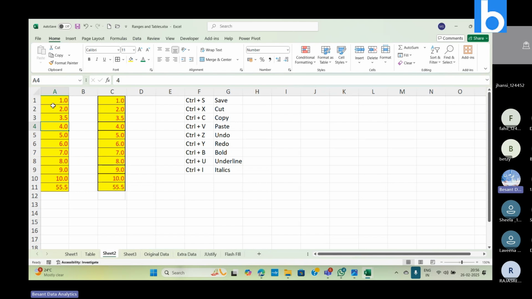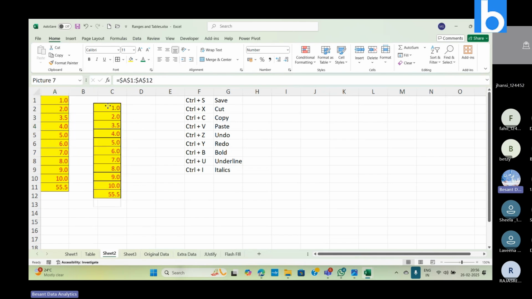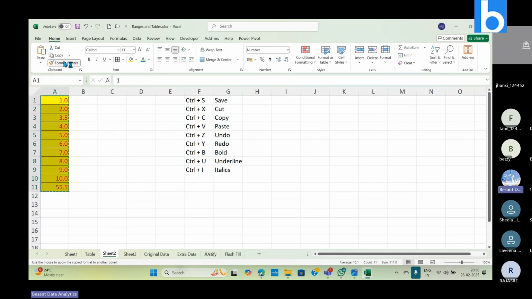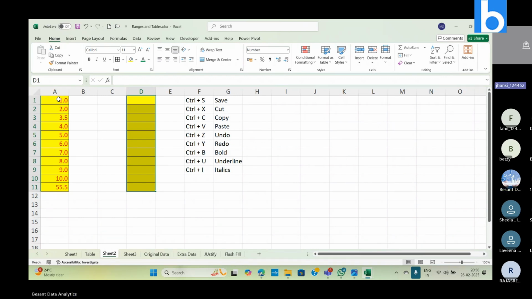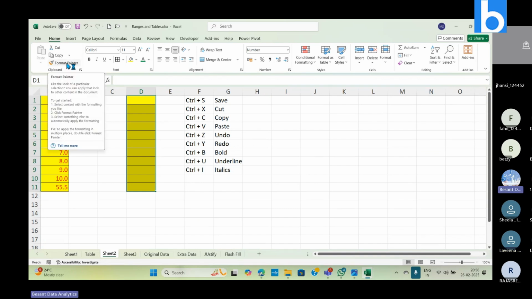Okay. Now, this format painter. Suppose I just, okay, leave this, I'll delete it. If I just copy this here, and I select this format painter. Is it not the same thing that you have seen some time back, wherein just the formatting was copied? Yes. This is being kept for our use only, because not every time I might go to the paste